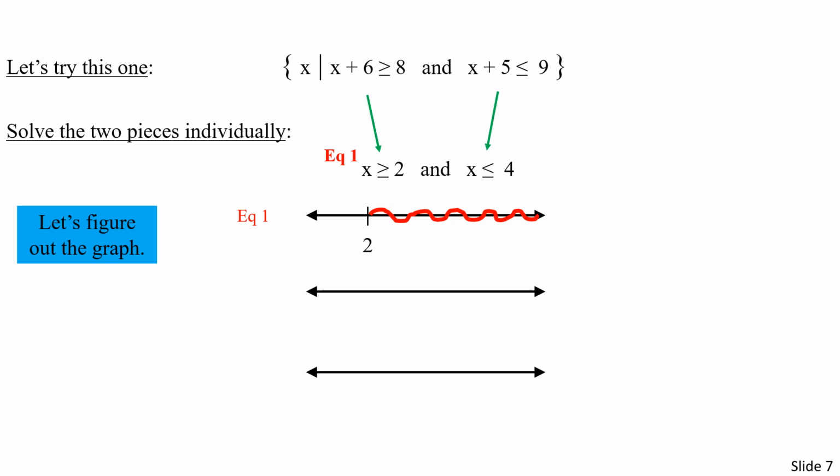for the shaded area. And because it is an equals component, it gets a bracket. Equation 2,